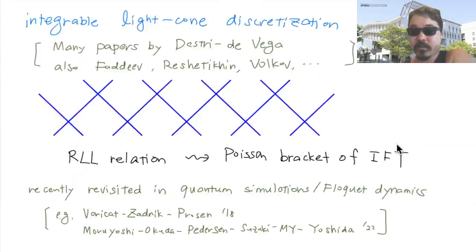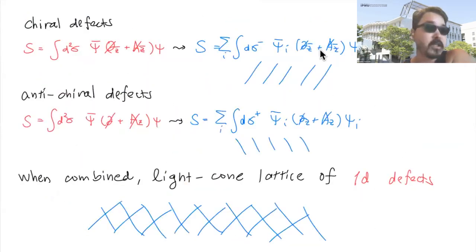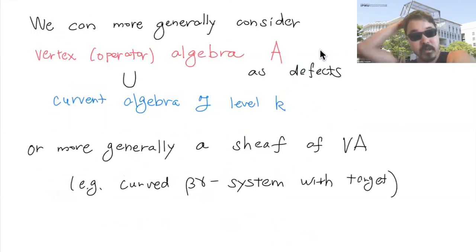Okay, so this is a discussion, and here I used a very explicit Lagrangian of the theory. But we can try to be much more general, actually. For example, here's an example. Suppose that I don't even know what the Lagrangian of the chiral defect is, but I know that it's chiral and it's massless. So in those cases, it's a conformal field theory, essentially. It's a chiral half of a conformal field theory, and mathematically it's described by a vertex algebra.